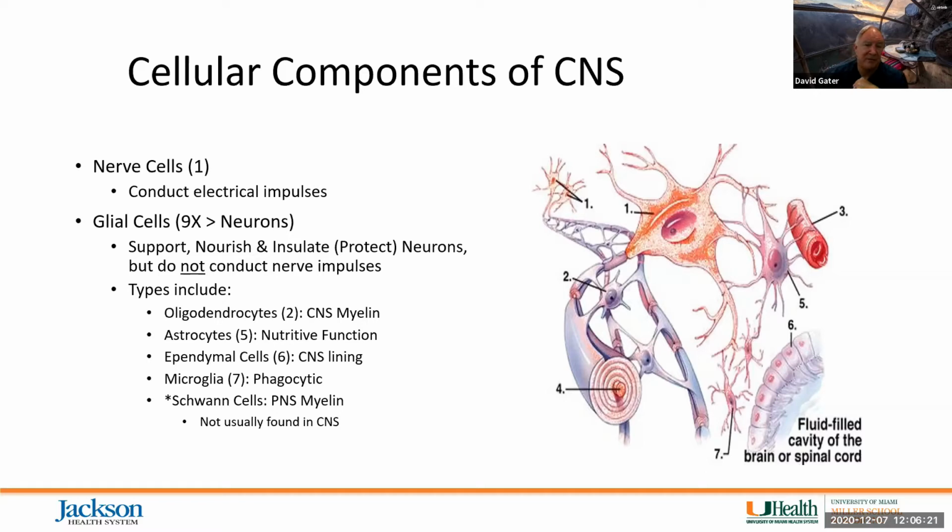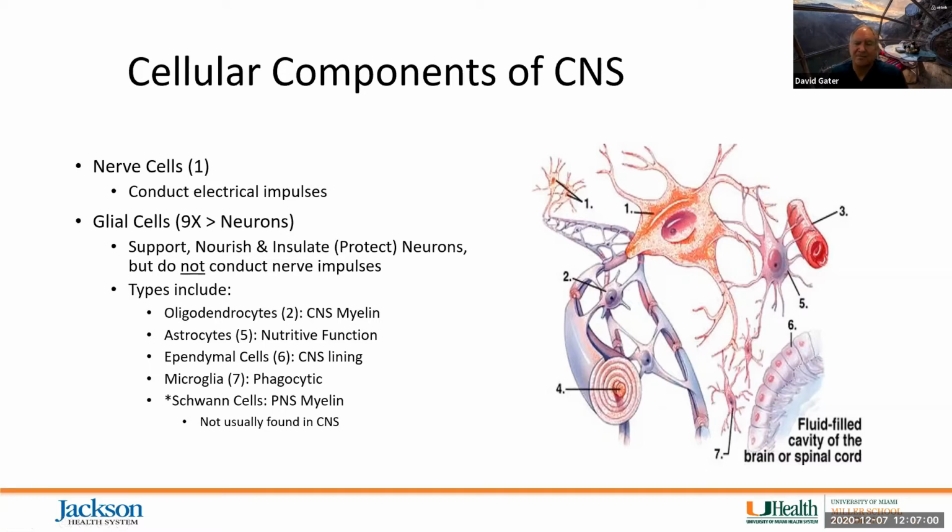And so they vary between the oligodendrocytes within the central nervous system. Remember, they provide the myelin that allows for saltatory conduction between the nodes, as we say. You have the astrocytes, and the astrocytes provide nutritive function between the vascular system and the nerve cells themselves. The ependymal cells line the central nervous system, and then microglia are essentially scavenging cells, phagocytic cells within the